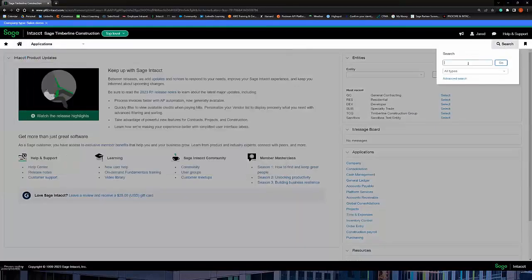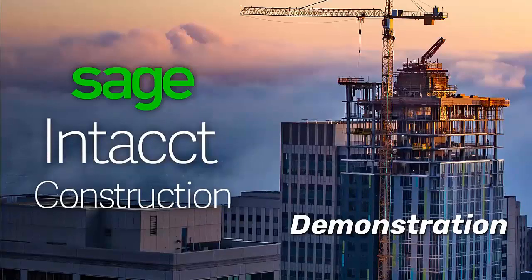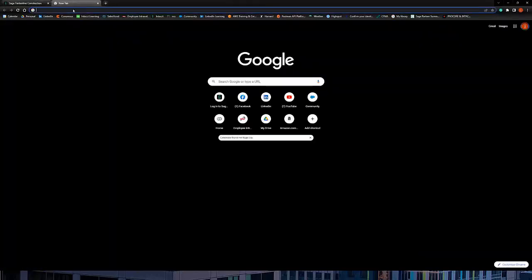Here. Another one. Oops, excuse me. So essentially, I think it might be wanting me to log in at the optimal time, which is just how timing typically goes with these. But what it will do is pull up that specific bill or invoice that I searched for, and then I'm able to open it up to see a greater level of detail or whatever the case might be. So if you just bear with me real quick. On my end,